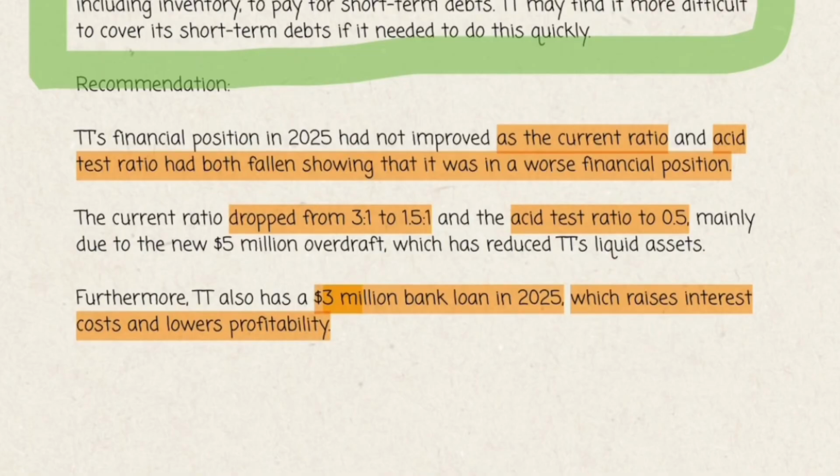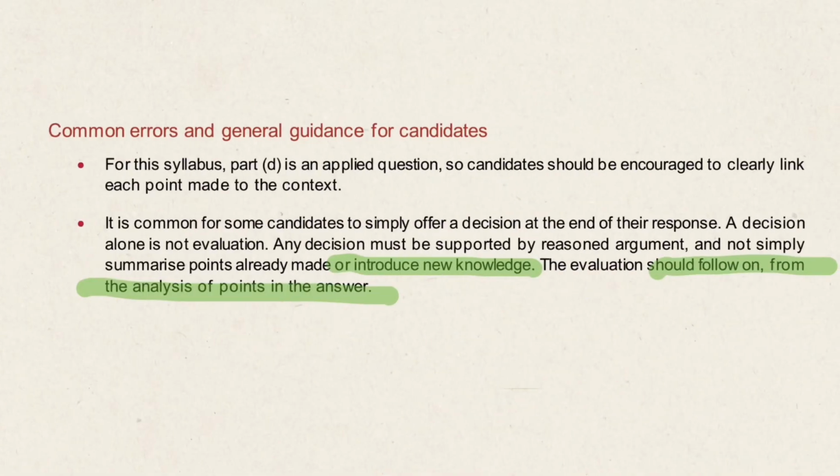2 specifically. However, in the examiner comments for paper 1 specifically for the evaluation, it says, a decision must be supported by a reasoned argument and not simply summarize points already made or introduce new knowledge. The evaluation should follow on from the analysis of points in the answer. So, based on this, I'm going to be conservative and stick to this rule for both paper 1 and paper